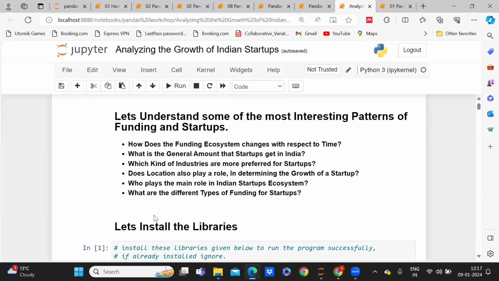What we are going to discuss in the project is a funding-based project for the startups in India. We have taken the data from Kaggle. What we are doing here is, we have some questions that we will find out in